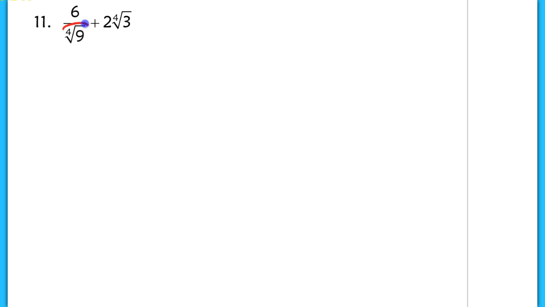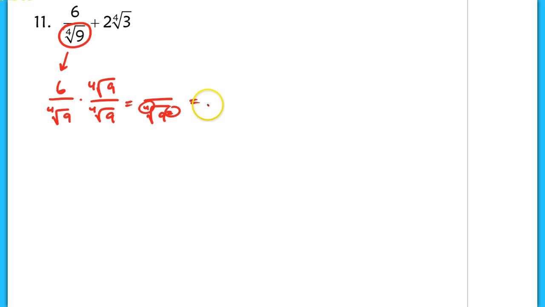Okay, number 11, I'm going to begin by rationalizing this denominator first before I try to add these two terms together. So let's work on that first. Now when you rationalize this, be careful that you don't try to just multiply by the 4th root of 9 over the 4th root of 9, because if you do that, you only get the 4th root of 9 squared. Right? Obviously, these are not inverses of one another, so we're not left with just 9, although some students will skip right to here and write that as 9 in the denominator and they drop the radical,